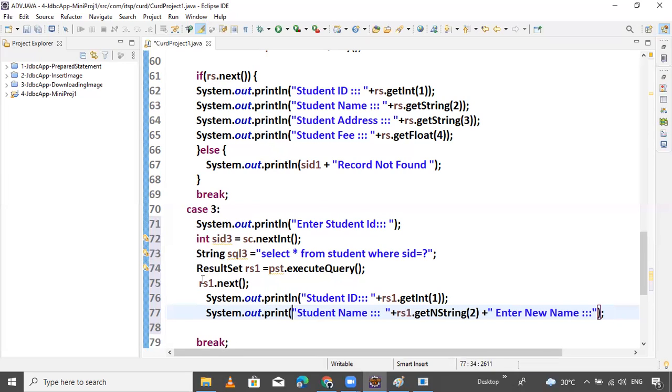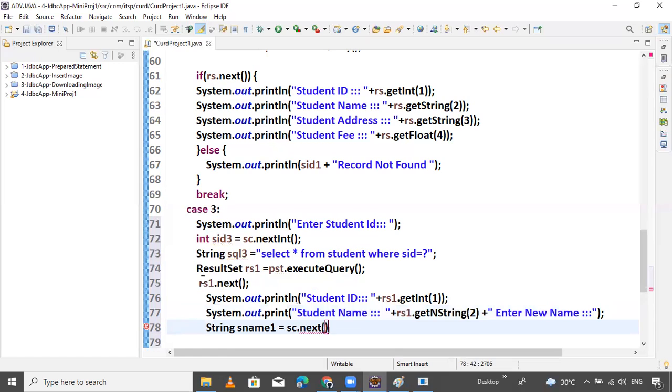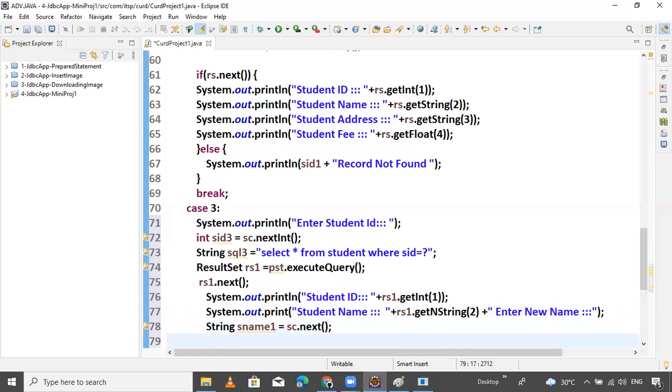So we want to hold the cursor. Okay. So here, string name is which type? String. Yes, name. We declared already one. S1 equals to sc dot next int. Okay. The first data entered, the modified data, goes inside this variable.